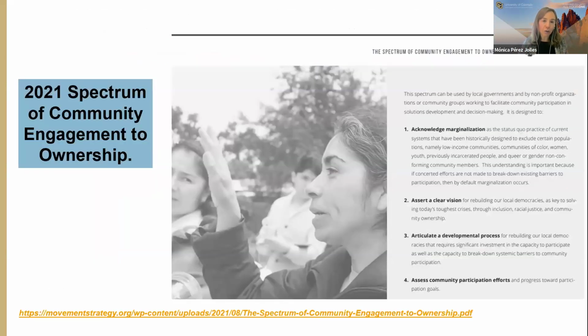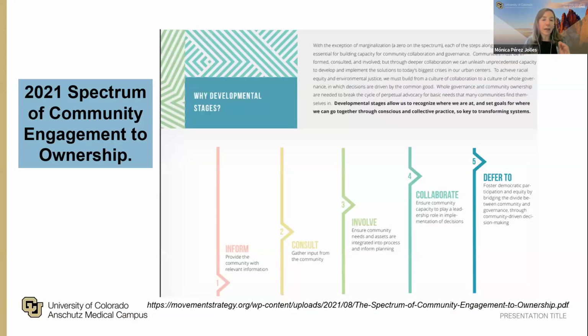This is another model for continuum of engagement. You may have seen it. It's called the 2021 Spectrum of Community Engagement to Ownership, and it was developed by community members. So not as much by researchers or public health, public services individuals, but more by community members. And I have included here the link. I encourage you to take a look at this very interesting online short document. What I wanted to highlight is that they also see engagement in terms of phases,